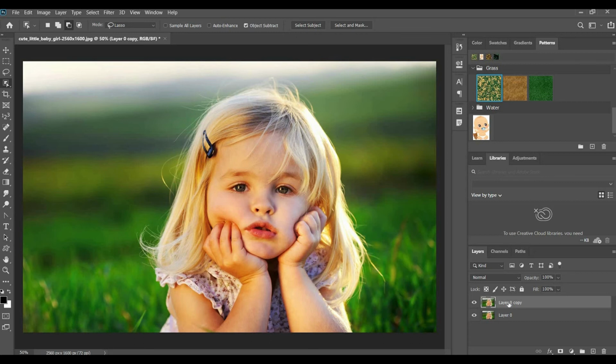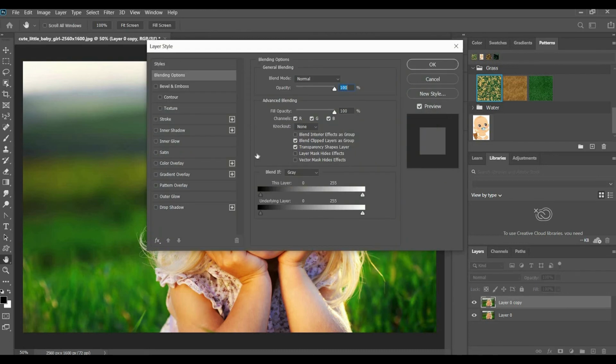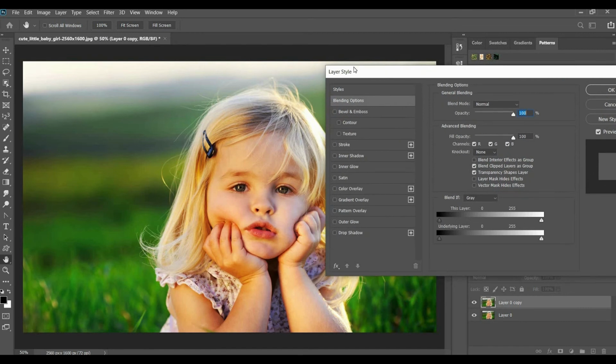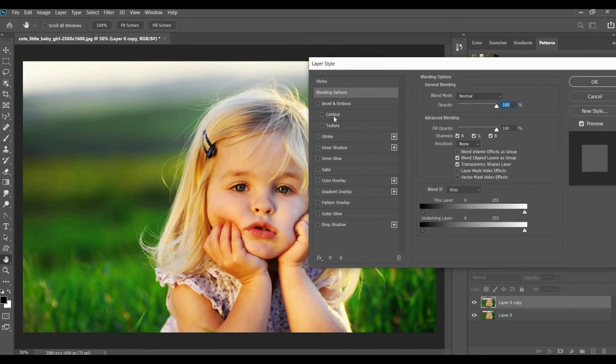Okay, so for this I am going to give blending option. Very simple. Click on this empty area, double click. Okay, this blending option will be opened. You can just move like this. We have several options inside the blending option.